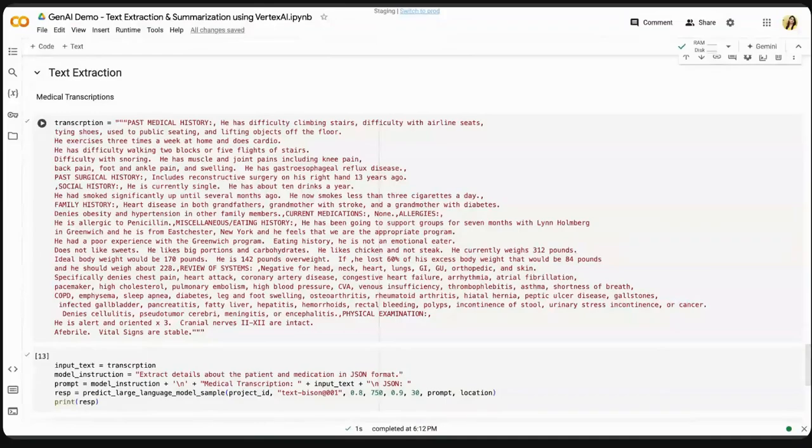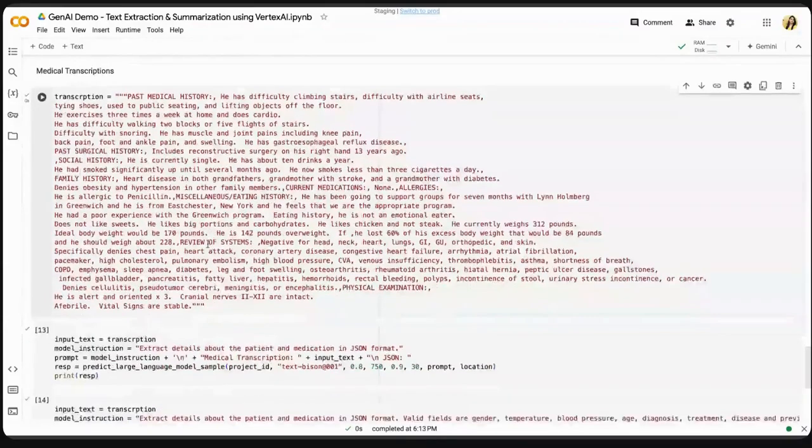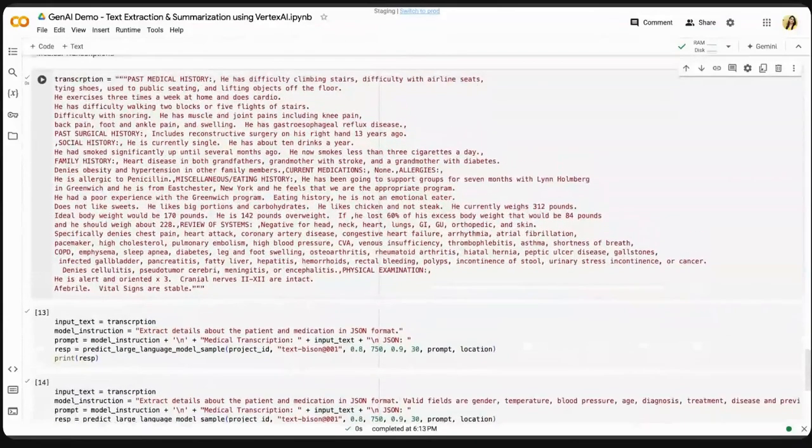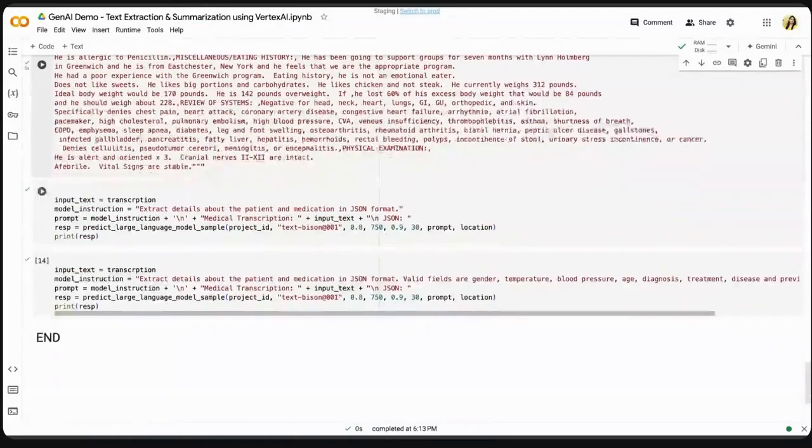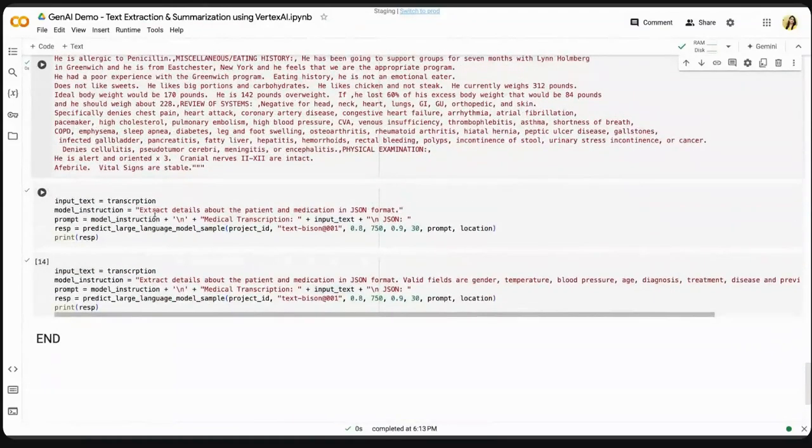For text extraction, I am giving the medical transcript of a patient as an input. So this is a transcription of a medical patient. What I want to do is extract the meaningful information, the information of a patient. So I give a prompt here: extract details about the patient and medication in JSON format. So my desired output format is JSON. If I run this,